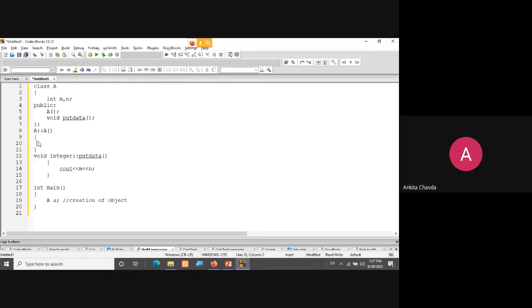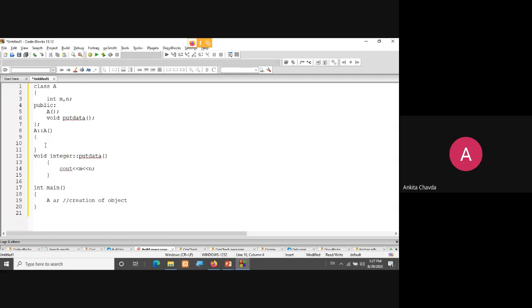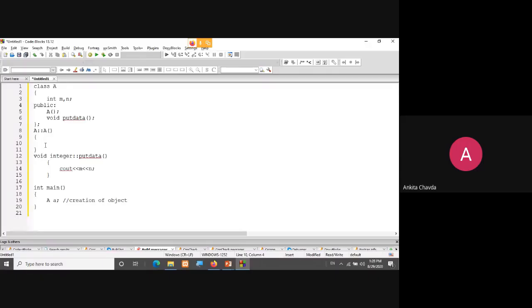Why are we using a constructor? The main goal is that you are initializing your data members. So you are just initializing variables here, which is what you do in a void get data kind of function. In void get data, I just assign my variables. So that kind of separate function I don't want to take, and I don't want to call.